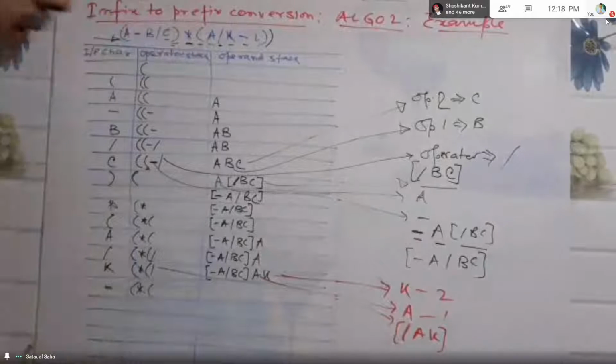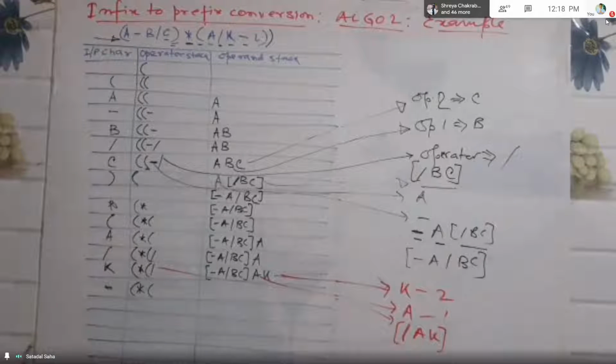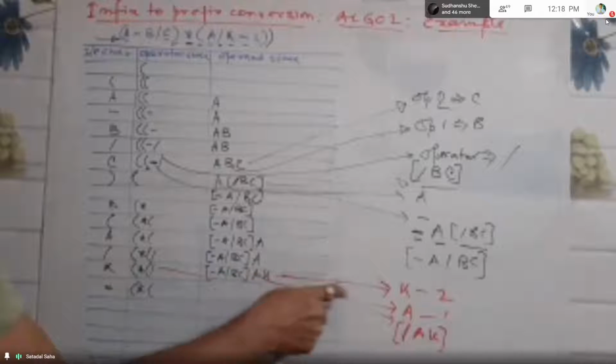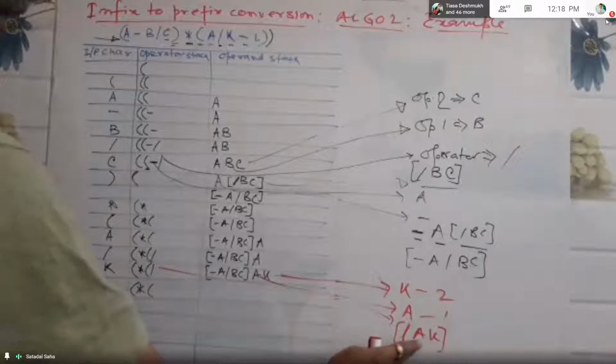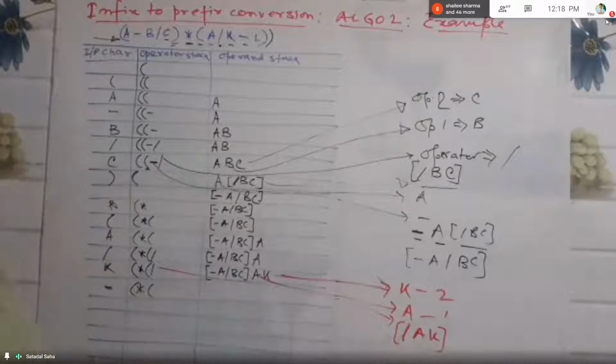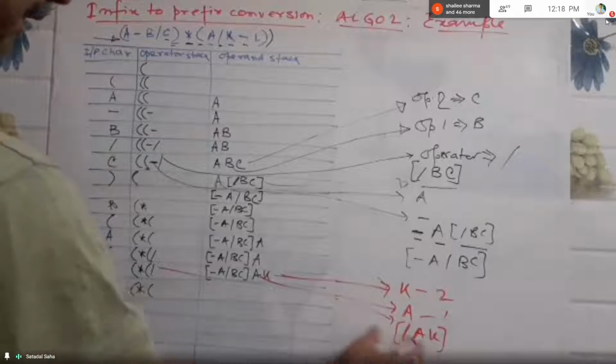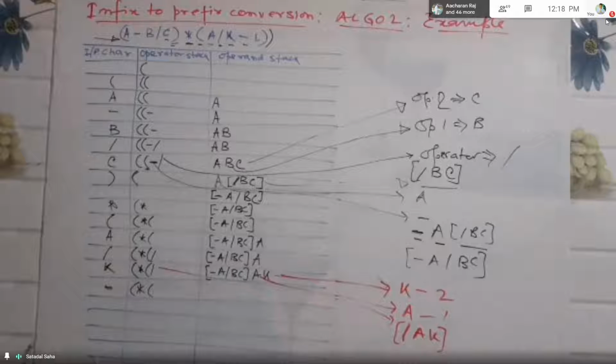This is the result. So once you pop this division sign, you need to follow these steps. That is, you need to pop this A as operand 2 from the operand stack. You need to pop A as operand 1 from the operand stack. You need to pop this division sign from the operator stack, and then you concatenate division, operator, operand 1 and operand 2. So this is the result. Yeah, and you need to push this result again into the operand stack.